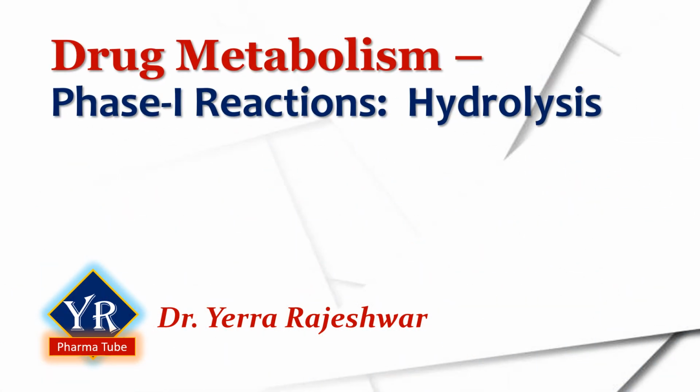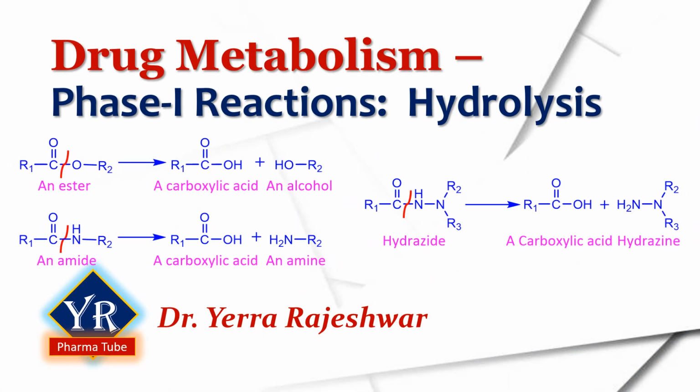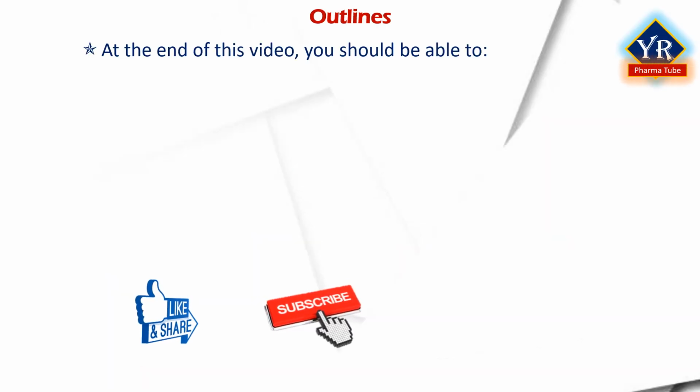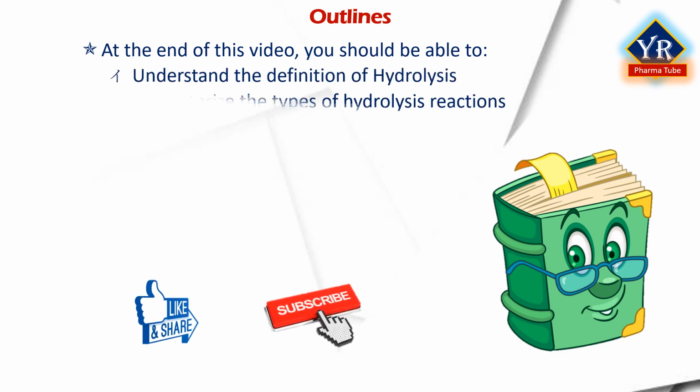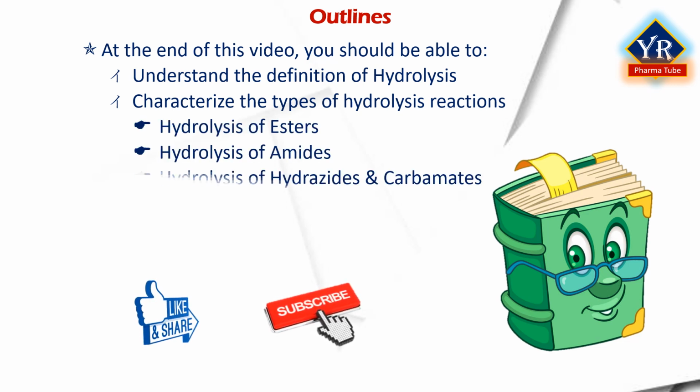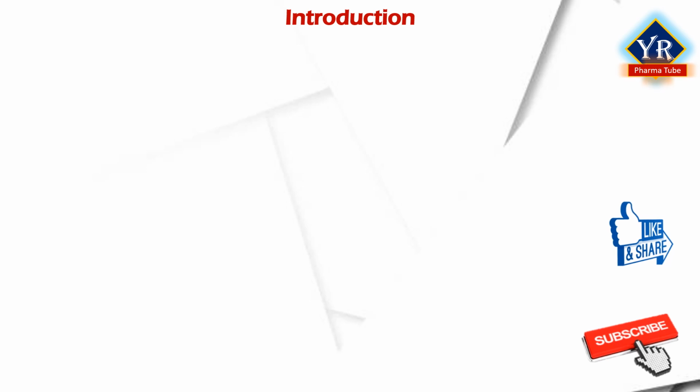In this lesson, we shall try to understand the hydrolysis reactions of phase 1 drug metabolism. At the end of this video, you will be able to understand the process of hydrolysis and the different types of phase 1 hydrolysis reactions, which include hydrolysis of esters, hydrolysis of amides, hydrolysis of hydroxides and carbamates, and miscellaneous hydrolysis reactions. Before going to understand the hydrolysis reactions of drug metabolism, let's take some keynotes of hydrolysis and its